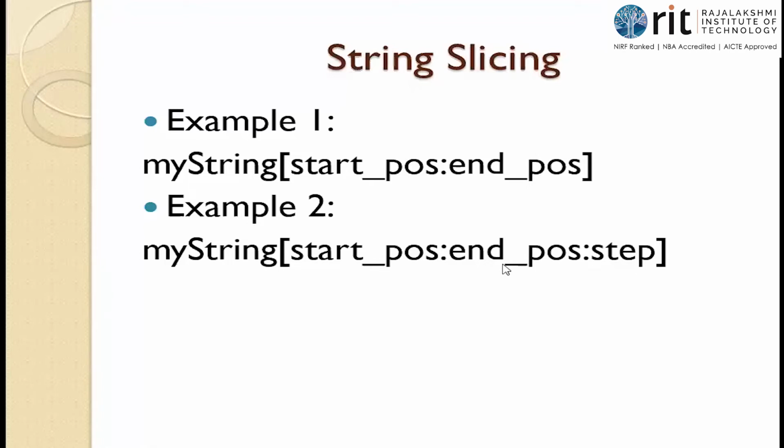Okay, as I've already told, in range the step is optional. Step கொடுக்கலாம், step by 1 is by default. And starting and ending position could be as given in the example. Look at this: my string, starting position, ending position. So 1:11 கொடுத்தா I should start with index 1 and go till index 10. Index 11 is excluded.